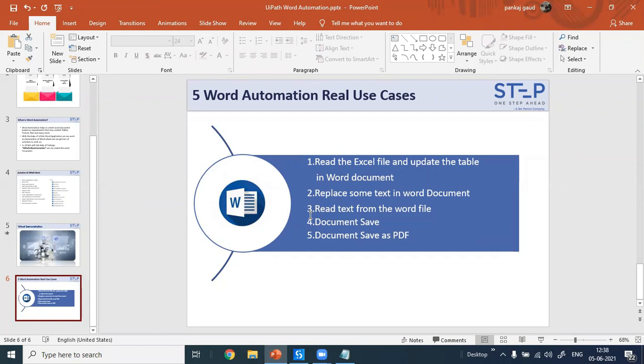So great to see all these five real-time use cases which we deal with day-to-day across different functions, HR, finance, accounting, insurance, because generally we are dealing with Word files, and it's better to understand these Word documents and how simply we can automate these use cases using the UiPath Word automation activities.